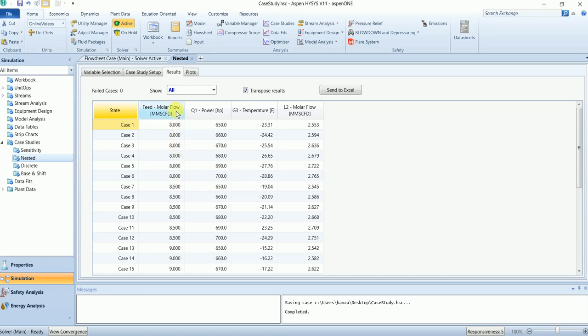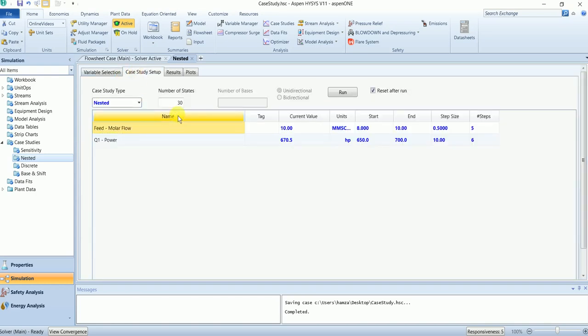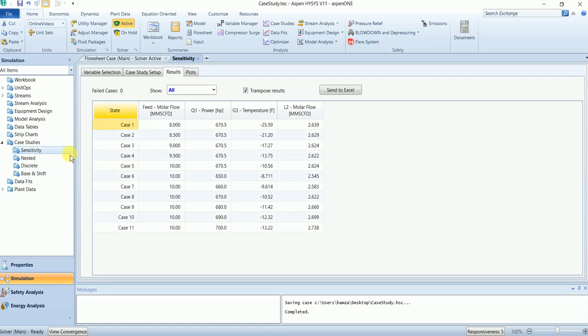Then it increments the value to 8.5 and again studies 8.5 with all the possible values of power. That's why it had 30 cases, 6 times 5. This is the main difference between nested and sensitivity. Nested studies all the possible pairs, while the sensitivity studies the effect of one variable at a time.